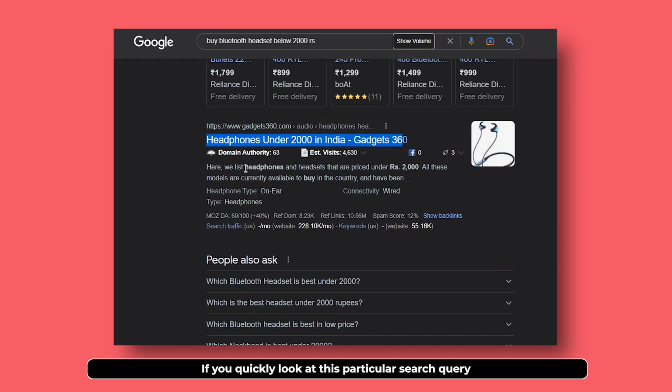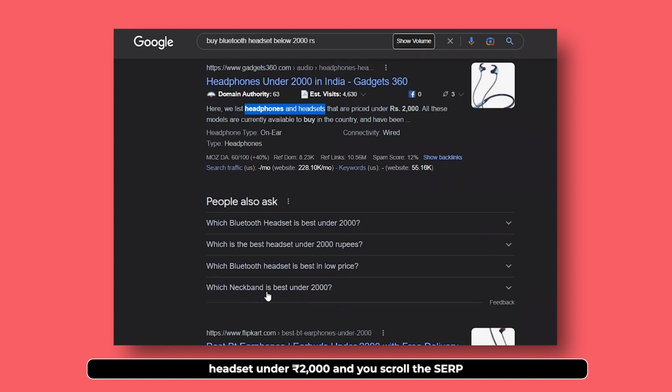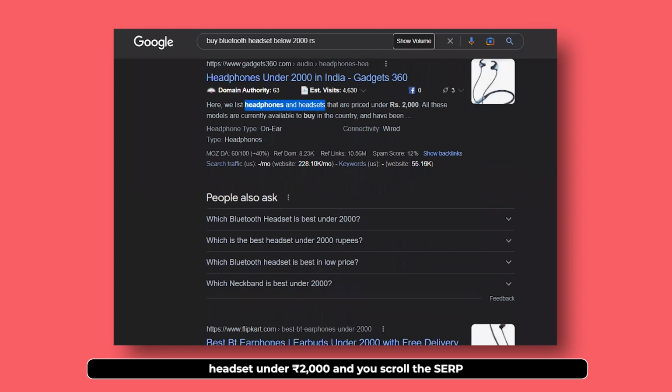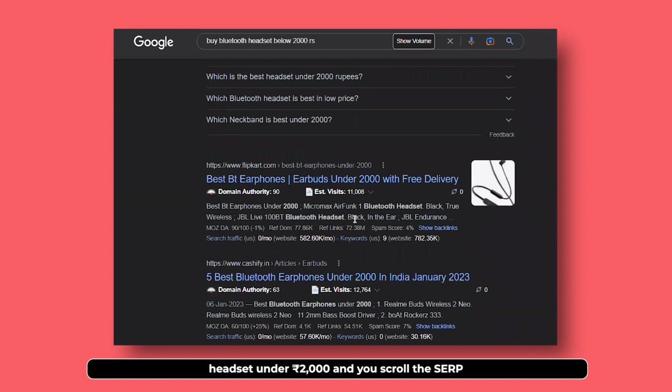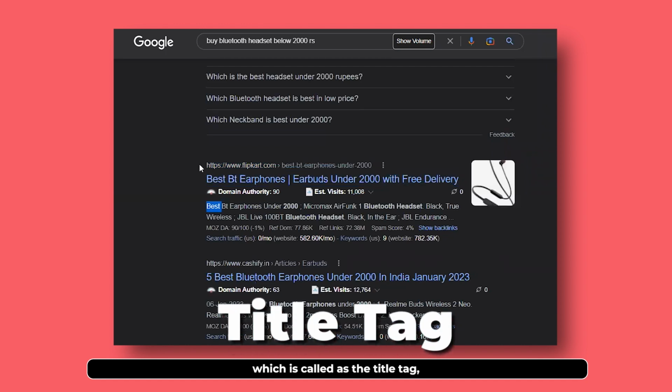If you quickly look at this particular search query that I just showed you, Bluetooth headset under 2000 rupees, and you scroll the SERP, you will figure out that the websites on the first page will contain this particular keyword in some format in the blue color heading that you see, which is called the title tag.